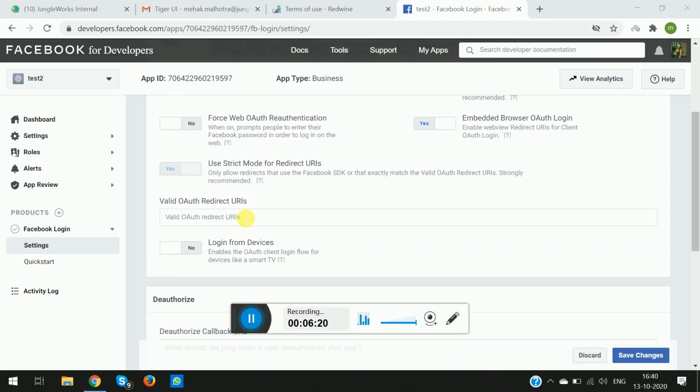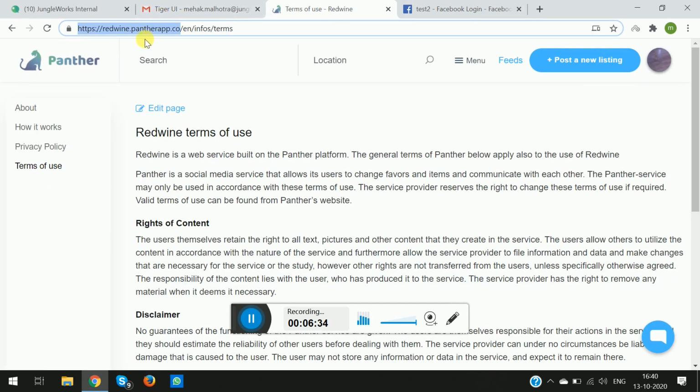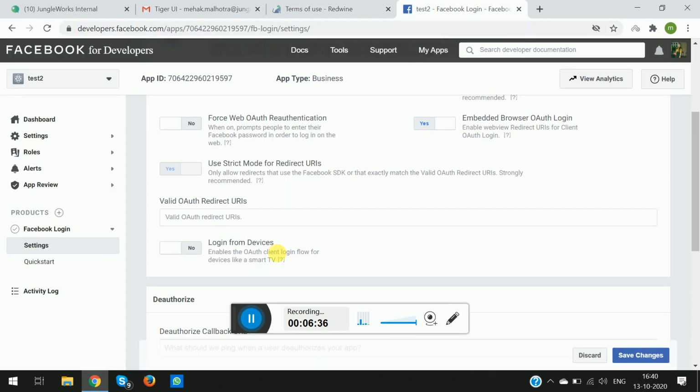Next step would be to put in the valid OAuth redirect URI here along with a series of other terms, which is /people /auth /Facebook /callback. So we simply copy the URL from here and add /people /auth /Facebook /callback.